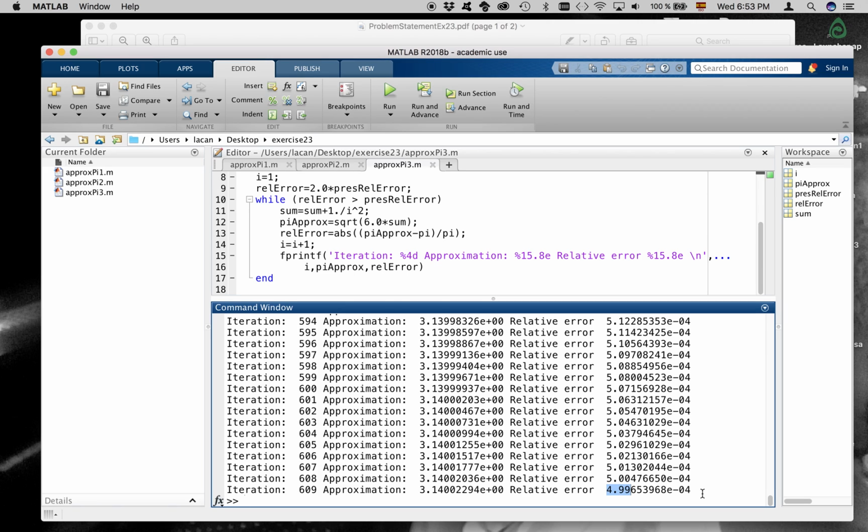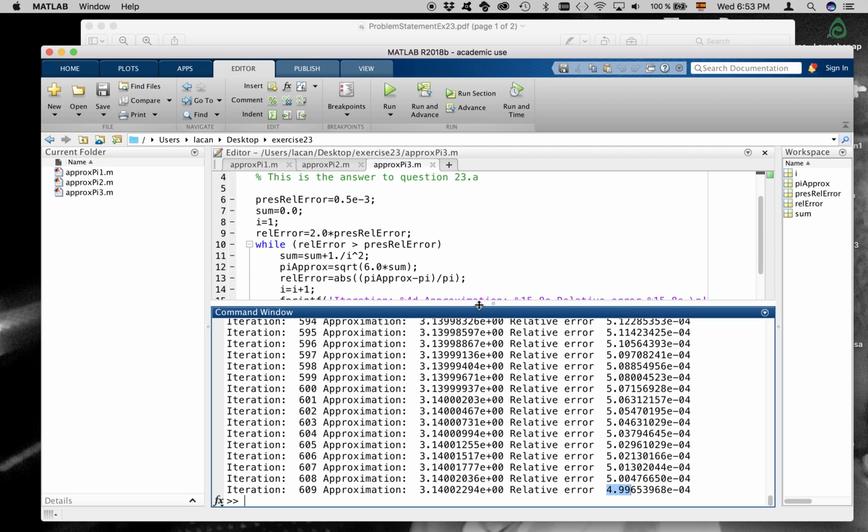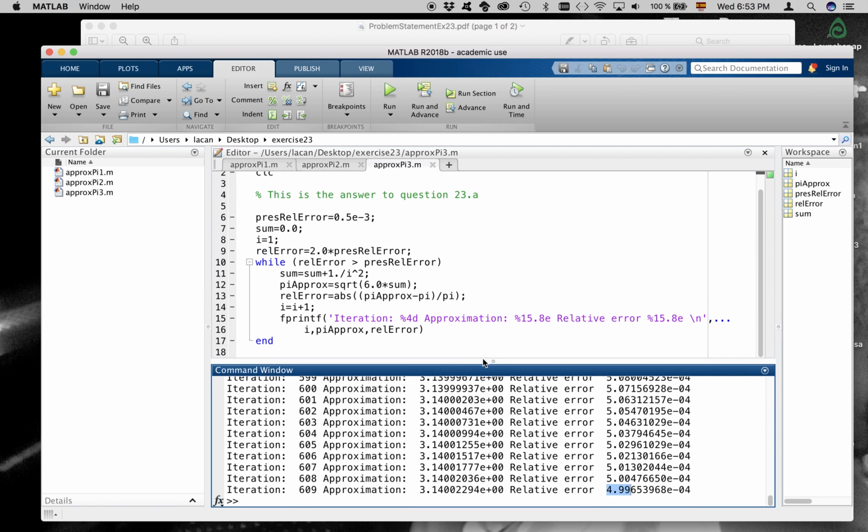So this is how we can use the while structure and how we can modify the condition in the while structure in order to obtain an approximation to number pi that verifies a prescribed tolerance. What's the problem? The problem is that if the tolerance is too small, then we will need a large number of iterations, a large number of turns in the series to get that